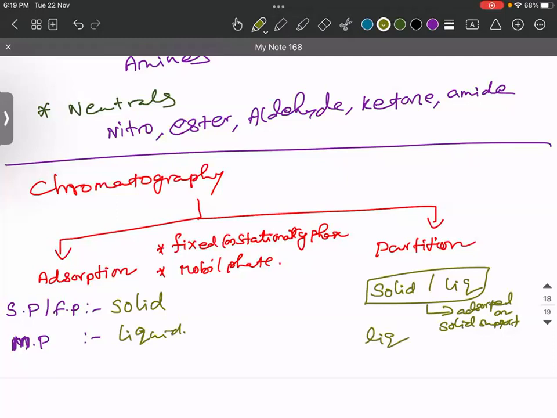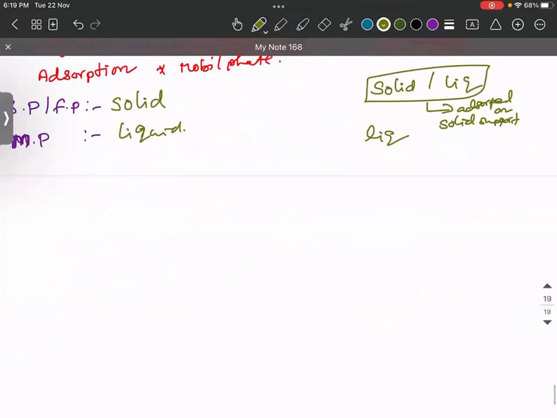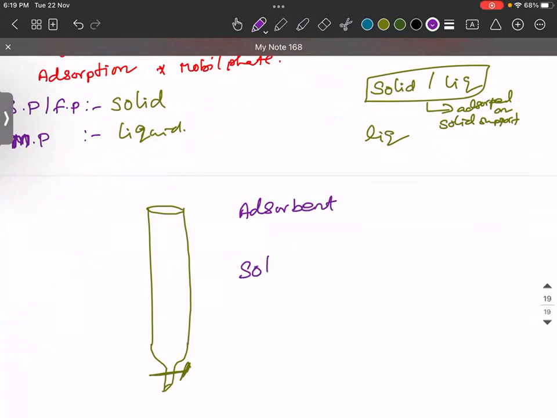Okay. First, what if you have a column like this? You may have the stopper also. It's a glass tube. In this glass tube, you can use the adsorbent and then solvent. Adsorbent is generally alumina,